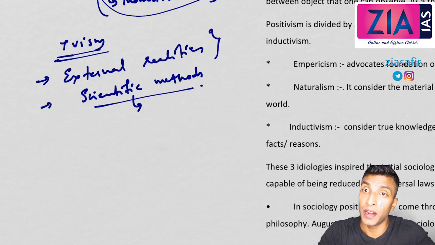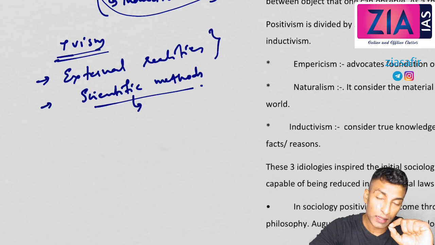But later Durkheim himself, when he conducted his study on the theory of religion, devised his own method. He used the comparative method, he used indirect experiment. All these are methods which are specifically devised for social sciences. So the use of scientific methods is very important when it comes to positivism. Initially we borrowed methods directly from natural science, but later we have developed our own methods. Okay, so that's about scientific method.